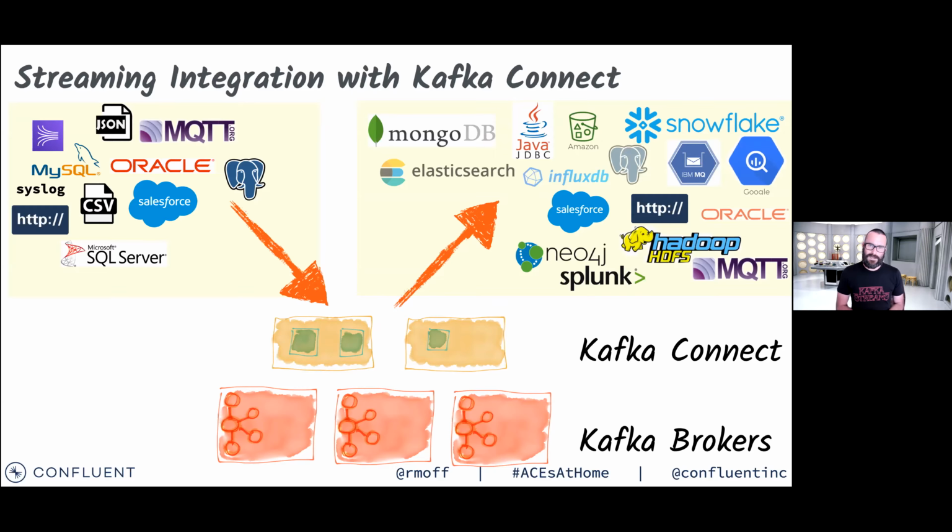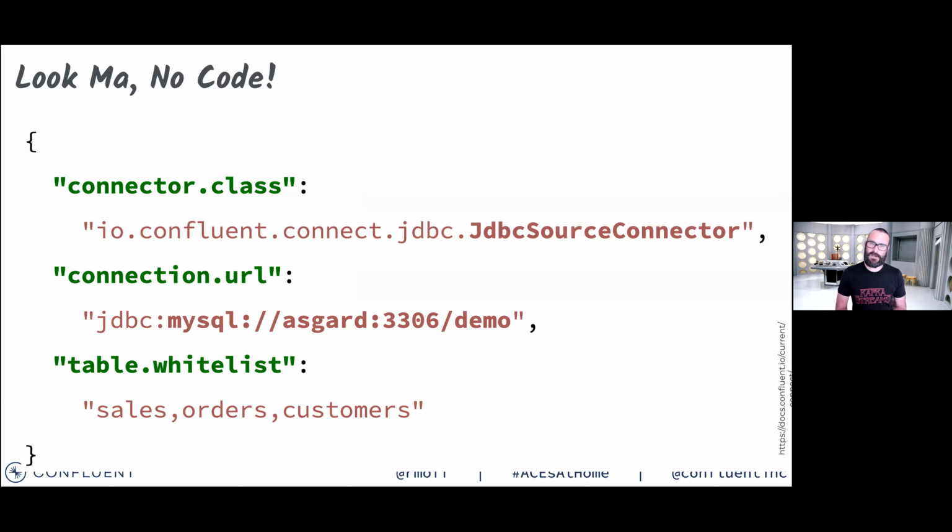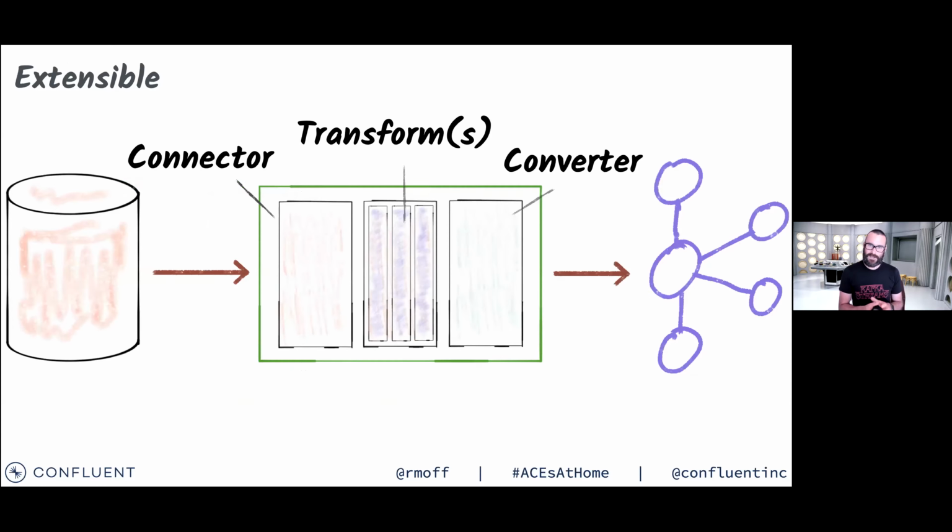But if you just want to get data from here via Kafka into there, you can just say, well, here's my configuration. Here's the connector I would like to use. Here's the source of the data, and these are the tables, and off we go. So Kafka Connect, it's a framework, and it's a pluggable architecture. So you say, I'm going to specify a particular connector for my source or target technology. So you have sources, and you have sinks, you have converters, and the converters manage that serialization and deserialization